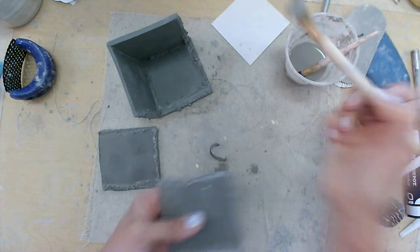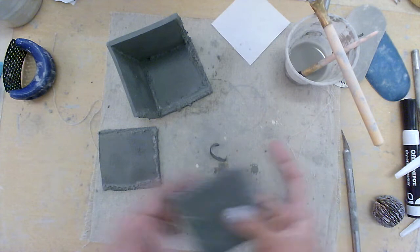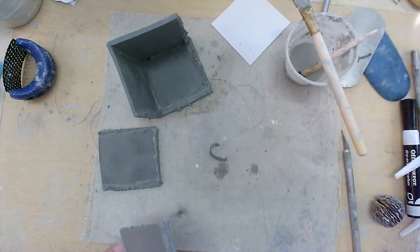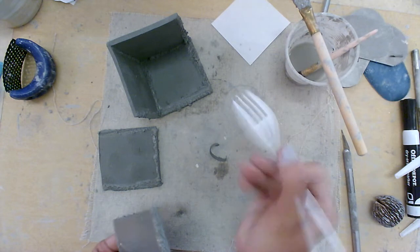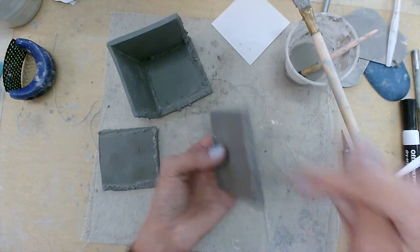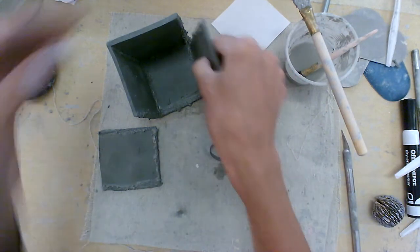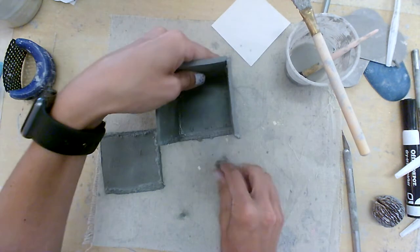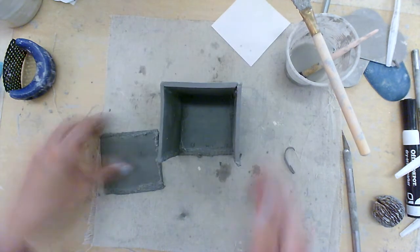Okay, so I've slipped and scored all my edges. I did use a scoring brush for that. You can use a pin tool or even a scoring rib, or a fork, anything that's going to give lots of these hatch marks. And then I'm going to add my pieces together